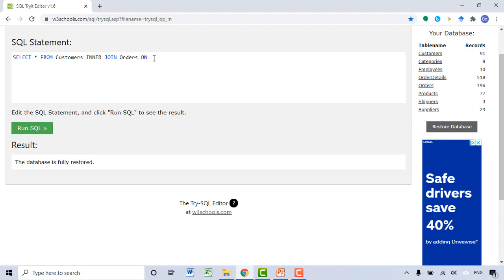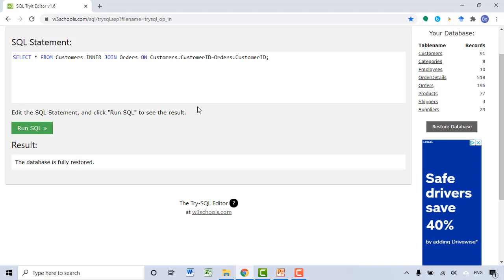After on, you tell the system based on what matched values you want to combine the two tables. As we discussed at the beginning of this lecture, we want to find matched customer ID between the two tables. That's why after on, we type in customers dot customer ID equals orders dot customer ID, and